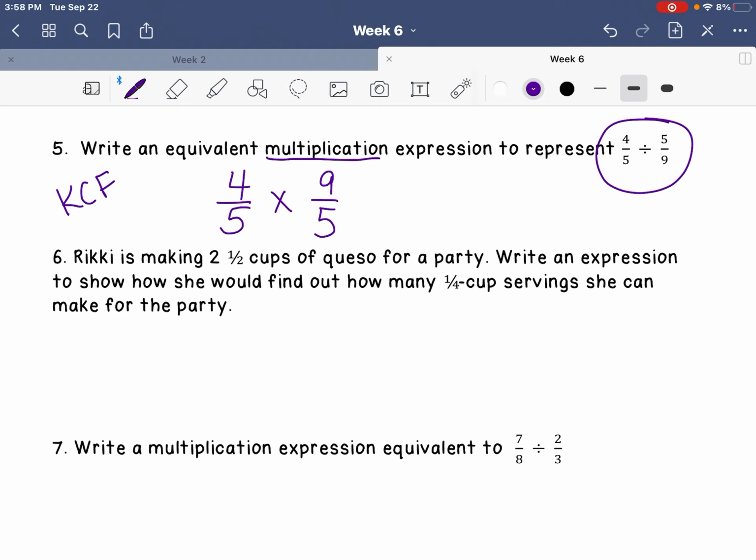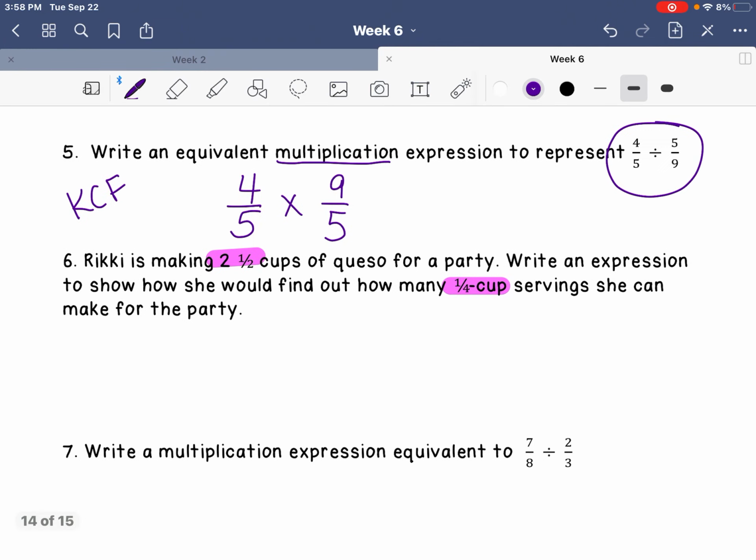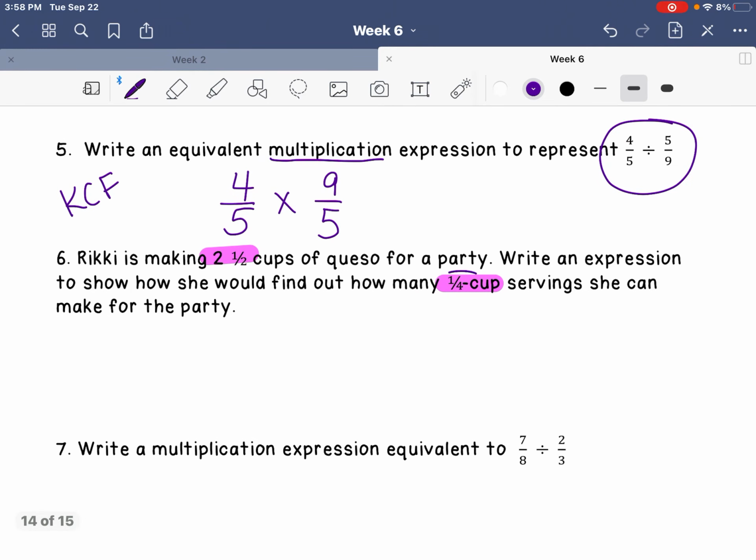Number 6, Ricky is making 2½ cups of queso for a party. Write an expression to show how she would find out how many 1/4 cup servings she can make for the party. So what we need to know is how many 1/4 are in 2½. One way to write that would be 2 1/2 divided by 1/4. Another way to write that would be